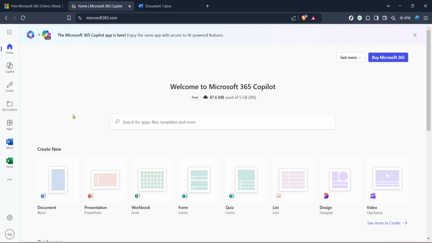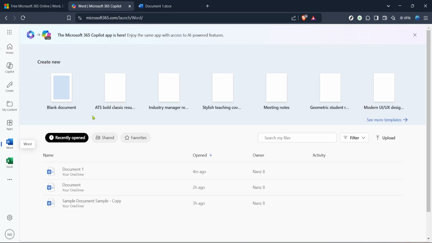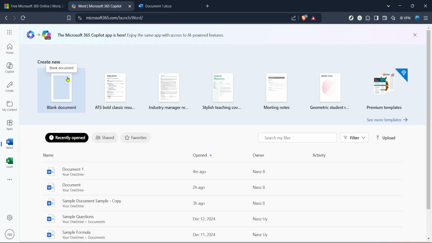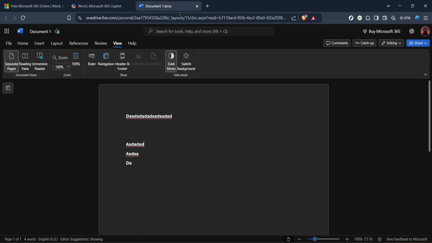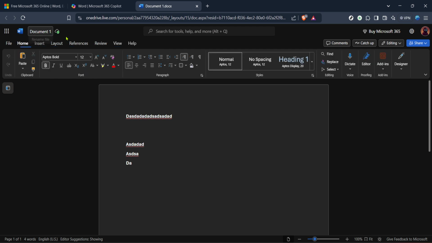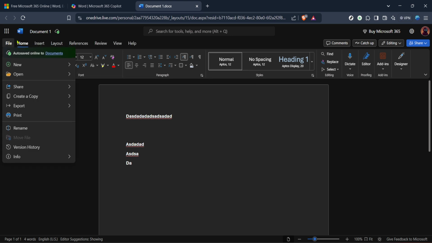Okay, so you've opened Word. Now it's time to open your document. Head over to the document area on the left pane where you should see your files saved on OneDrive, Microsoft's cloud storage service. Find the document you want to print and click on it to open. Remember, if you want to create a new document, you can start a blank document right from this screen. Once your document's open, we'll proceed to adjust it for black and white printing.